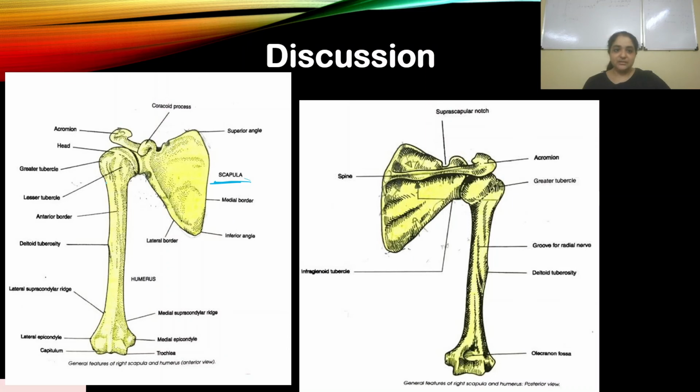Okay, and this is the humerus. So humerus is pretty long. Okay, and so scapula is present between the second and the seventh rib. Okay, so you have the acromion process over here. Now what you're seeing here is the right scapula. Okay, the right side, the anterior view, the front view. Okay, what you're seeing is the right scapula. This is my right. Okay, and the front view.